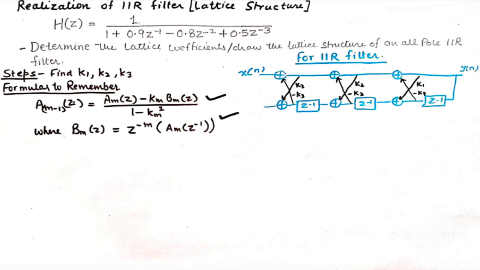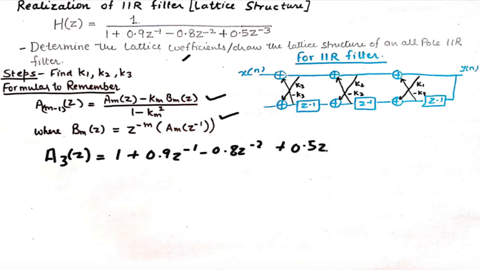Now you must be wondering what this A of m minus 1 and Am's and Bm's are. So it is pretty simple. From the question you'll find A3 of z, because the highest power is 3, which is nothing but this equation in the denominator. So our A of 3 will be directly found from the question, which is this. Right, and similarly you can find B of 3 from here. You can multiply it with z raised to power minus 3 and A3 z inverse. So all the powers of z will be made positive. So if you were to find B3 of z,